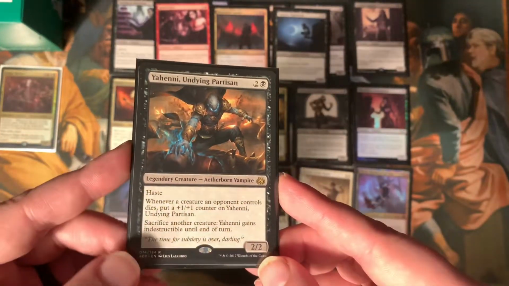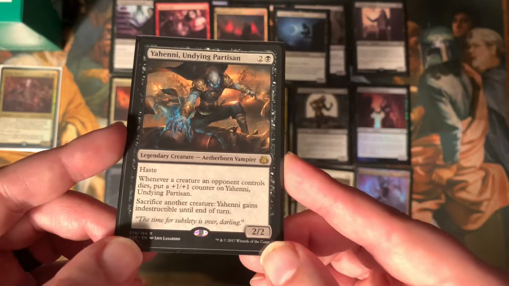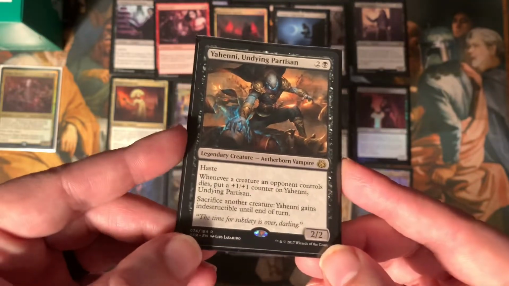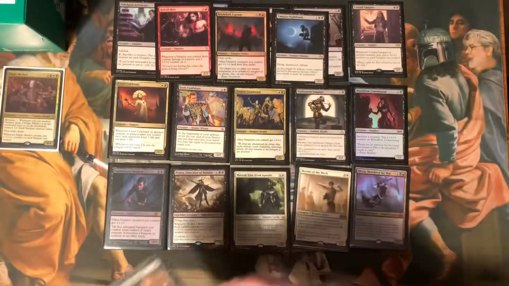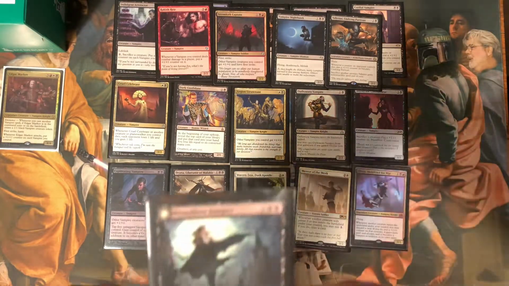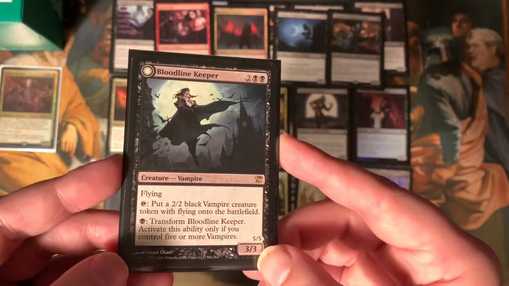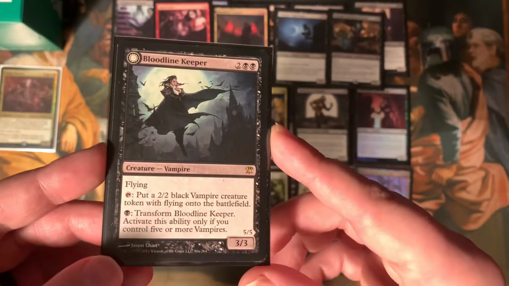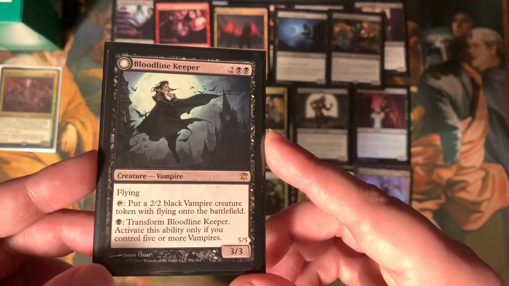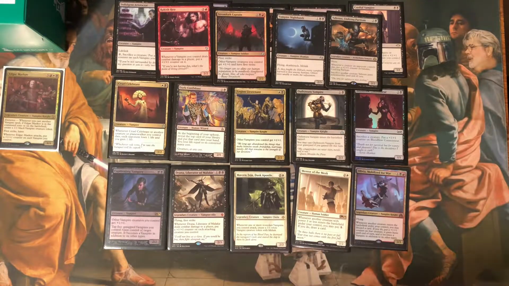Got Yahenni, Undying Partisan for 2 colors and a black. 2/2. It's got haste, and whenever a creature an opponent controls dies, put a +1/+1 counter on Yahenni. You may sacrifice another creature, and Yahenni gets indestructible until end of turn. Very good. Running the Bloodline Keeper for 2 colors and double black. It's a 3/3 with flying. Tap it to put a black vampire creature token with flying on the battlefield, or you can pay black to transform Bloodline Keeper. Activate this ability only if you control 5 or more vampires. If you decide to transform this guy,